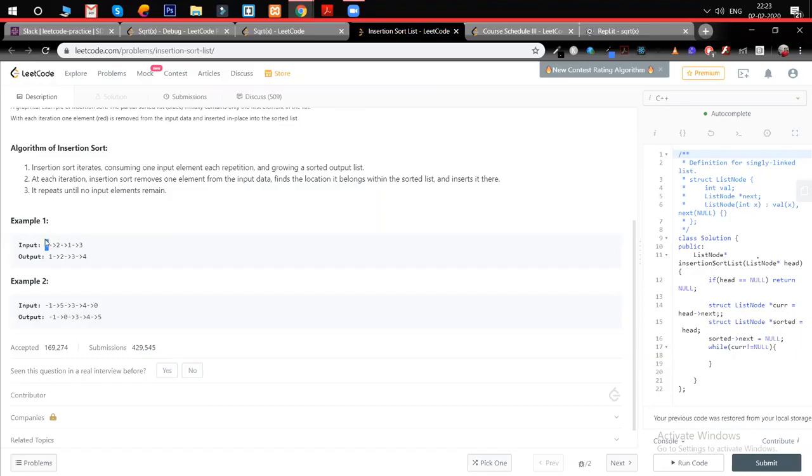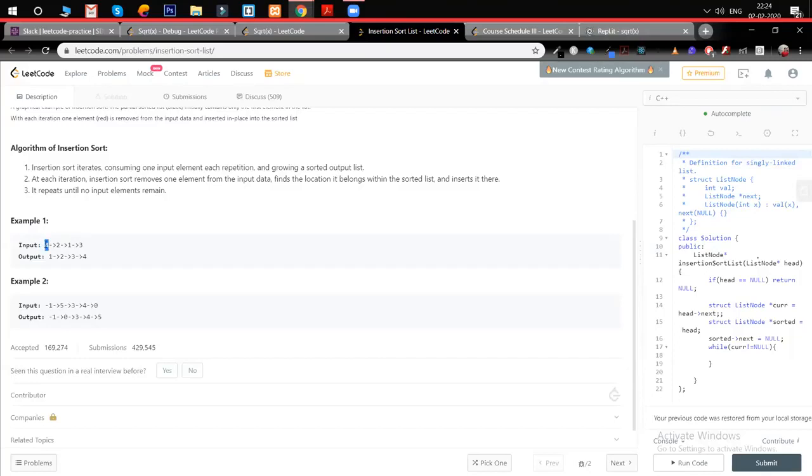Since my sorted pointer is null, I will add this node into the sorted pointer, so it will point to this node, and then I will move my current pointer to the next position. Then the left part will be sorted, and from this part I have to sort, right?